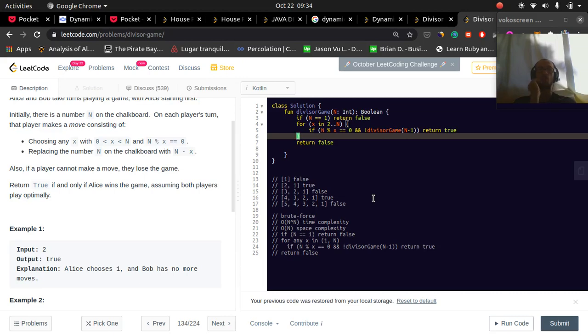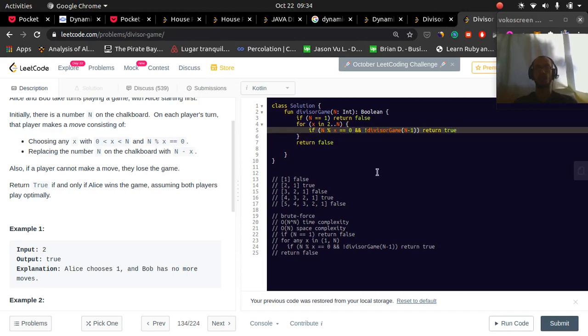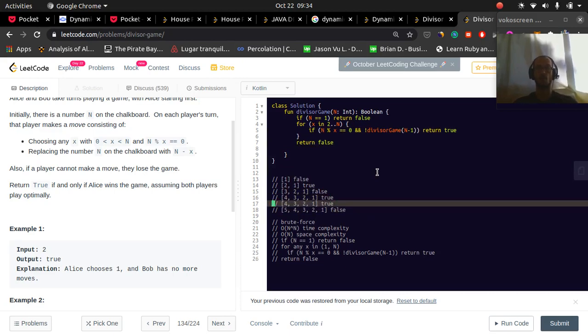So we're checking all the numbers between 1 and n to see if it's A, a valid divisor, and B, n minus x. Wait, n minus. So there were two options. I'm trying to think of what happens when there's more than one option. So